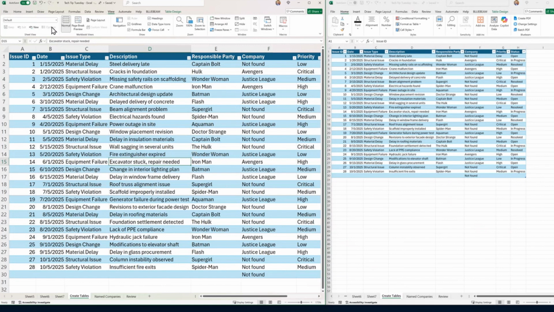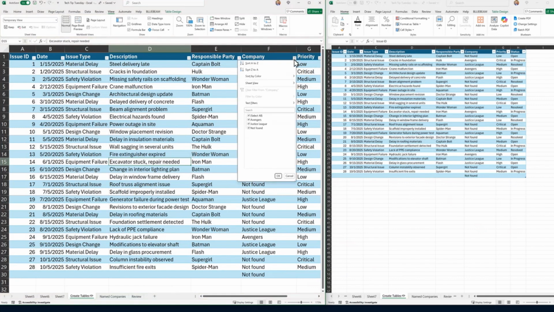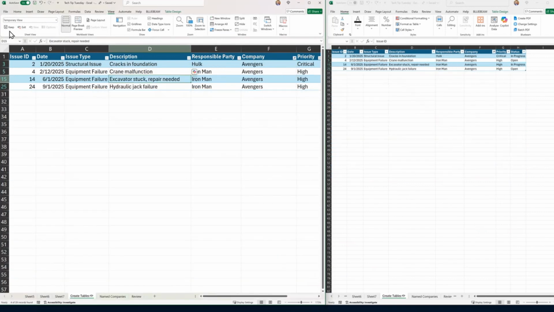Kind of the last thing I'll show you here in this view is the ability to create different views. Excel now has the ability to create different views. So let's go ahead and hit new. And I'm going to just filter by company. And we're just going to do select all Avengers, hit Avengers. And then I'm going to say keep. And we're going to call this Avengers. So I can set up like pre-filtered things. And now if I jump through, I have my default view and I can quickly jump down and just see